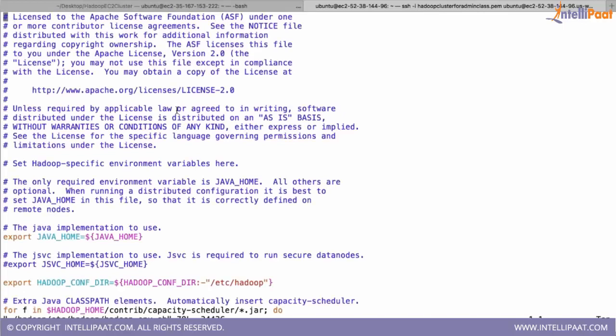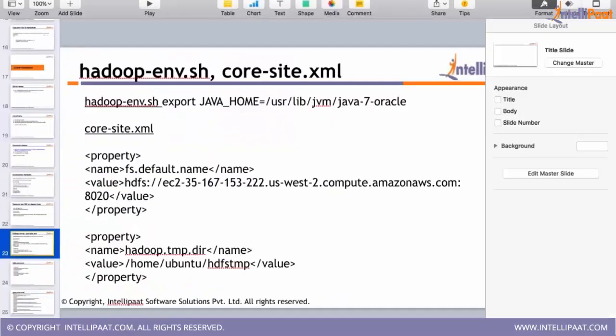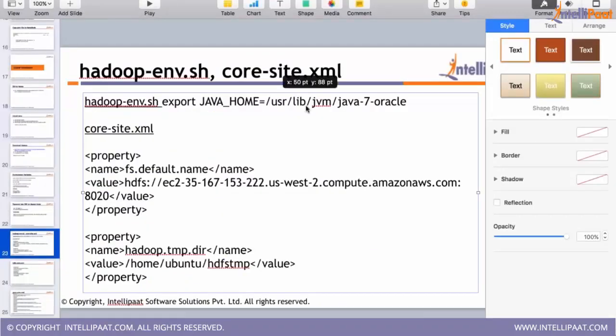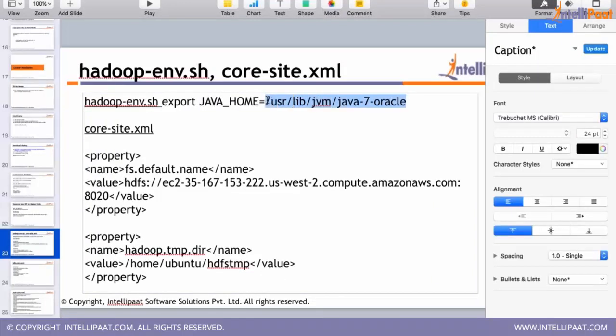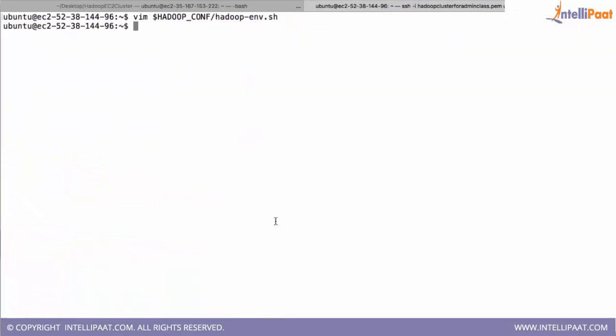Then if you open it, there is a file here, and go and change this Java home. Copy this and just paste it here. And save it. You have to make these changes only on the name node. No need to make these changes on different nodes because we will be copying these files into different nodes.